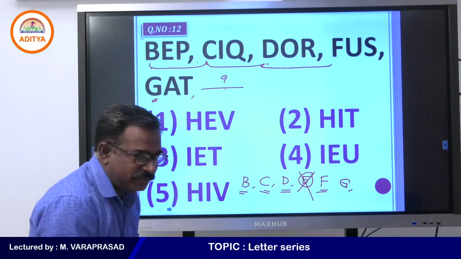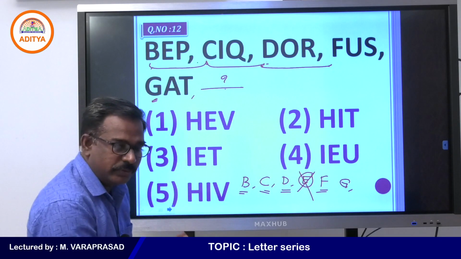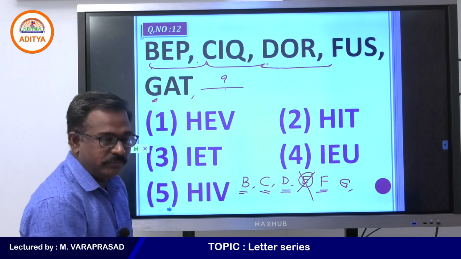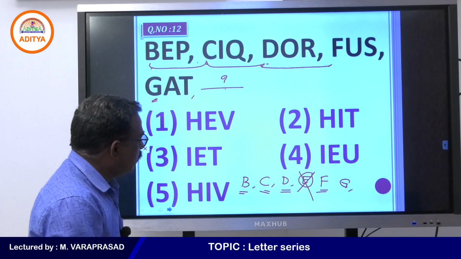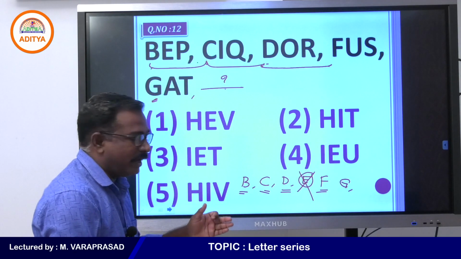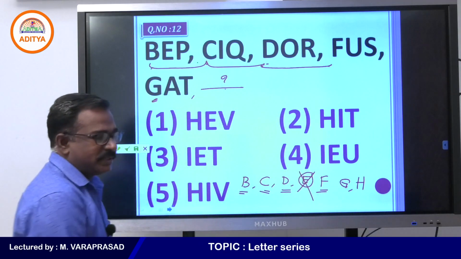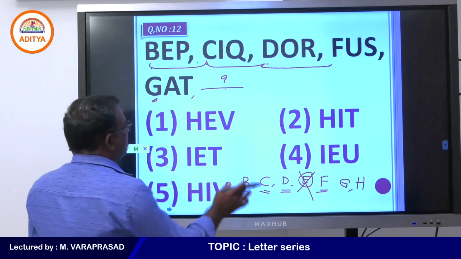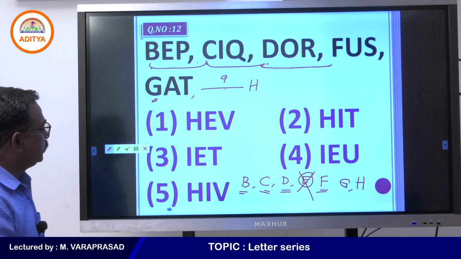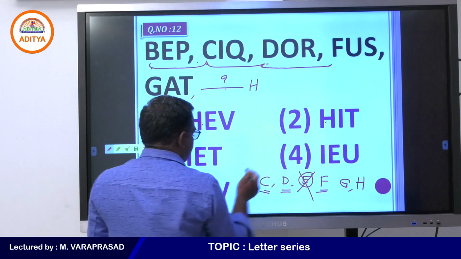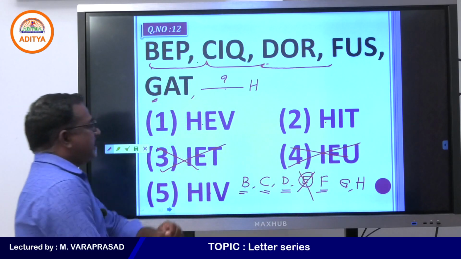In the first letter series we write consonants. After G, you need to write a consonant; if it is a vowel you have to drop it. So, B, C, D, F, G, H, the answer starts from H. Three options are there, so the answer starts from H and I is not correct.